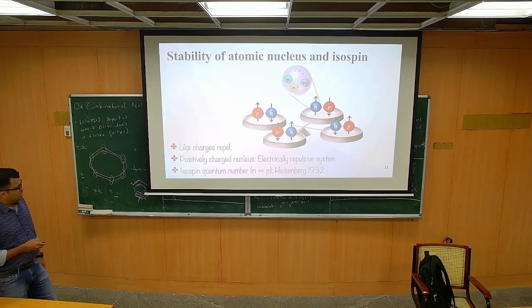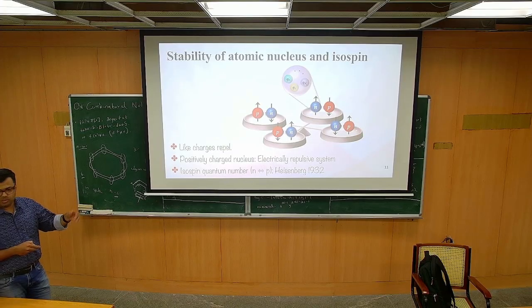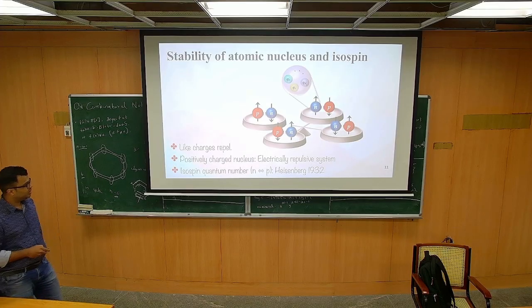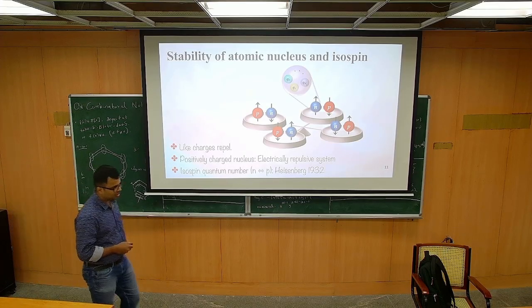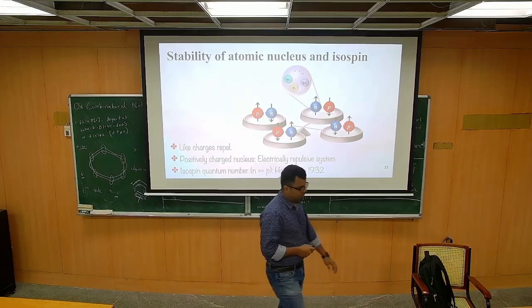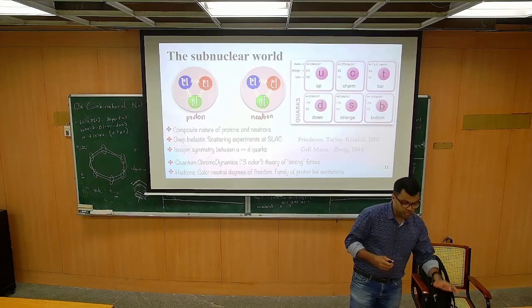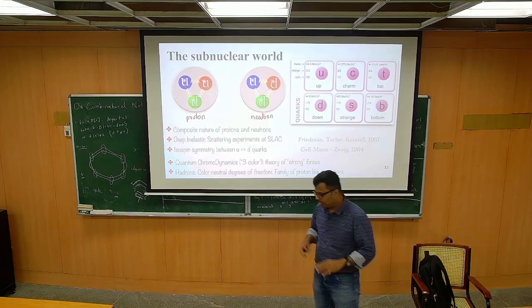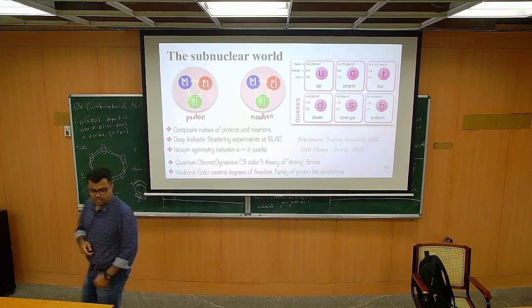Okay. So Heisenberg proposed there is some other quantum number called the isospin quantum number. He said that you can consider that proton and neutron have an up spin and a down spin in that new quantum number. Let's say this quantum number is half, and the third components are minus half and plus half, and you can actually form various different kinds of structures. And this way you can argue that neutron has a spin 1, etc. Let's not go into those details.